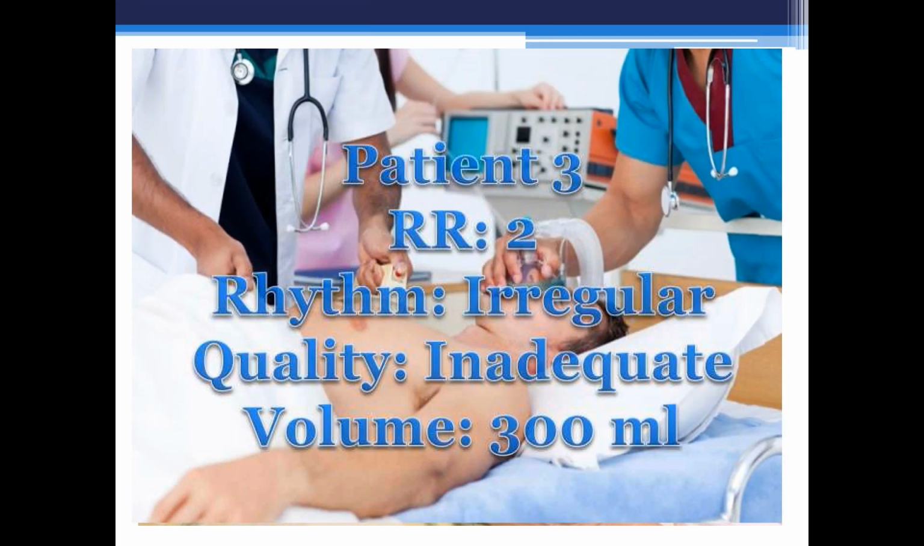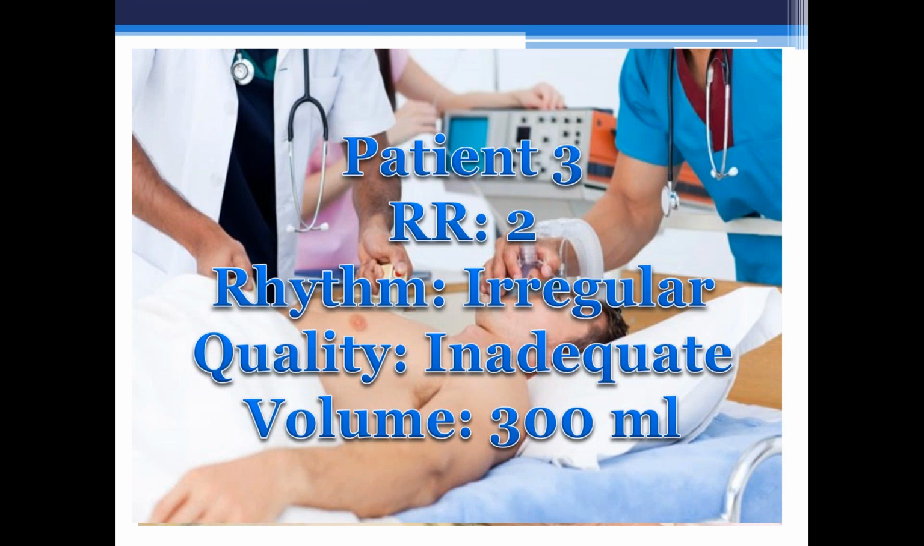With our third patient, respiratory rate is 2, so very slow, rhythm's irregular, inadequate quality, and our volume is also low. So this is a no-brainer where we would start to facilitate assisted ventilations using our positive pressure ventilation, either with the bag valve mask, a pocket mask, or